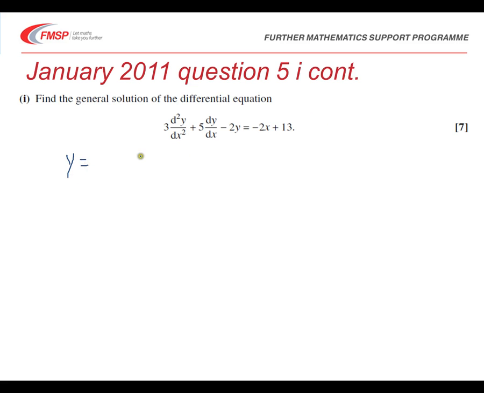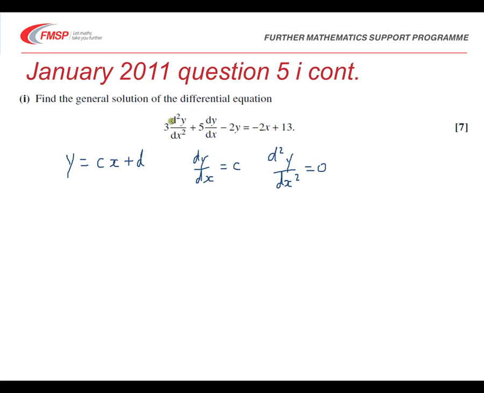We know that for a particular integral, the right hand side here looks linear, so the particular integral will also look linear. If it had been an e to the x type term, you'd have tried an e to the x type term. If it had been sine or cos, you'd have tried a sine x plus cos x type function. So if y is cx plus d, dy by dx is c, and the second derivative d2y by dx squared is 0. Substituting those three in,